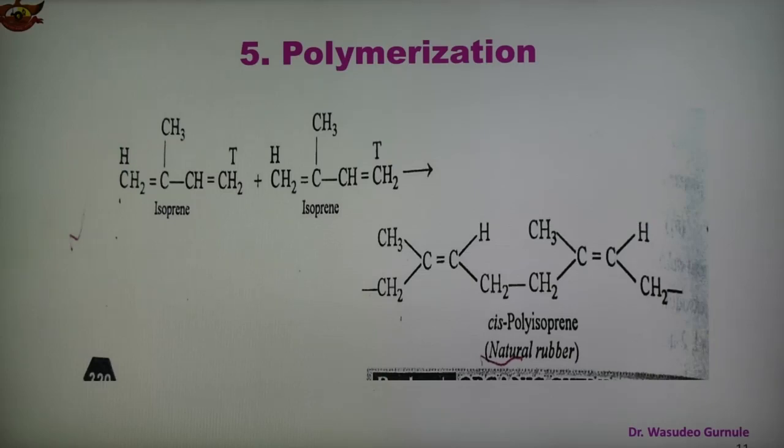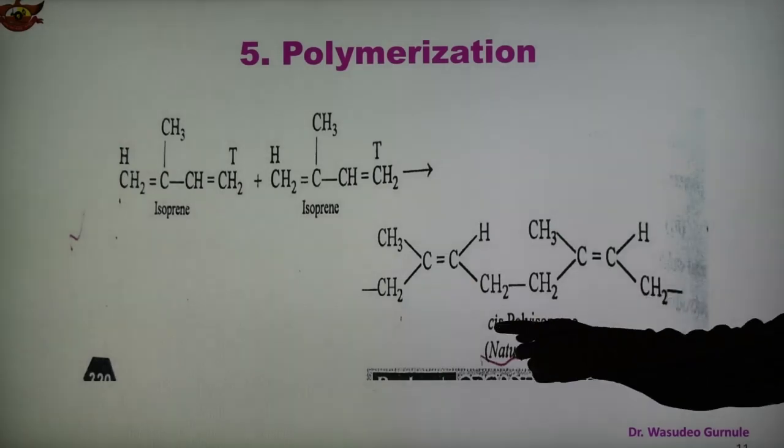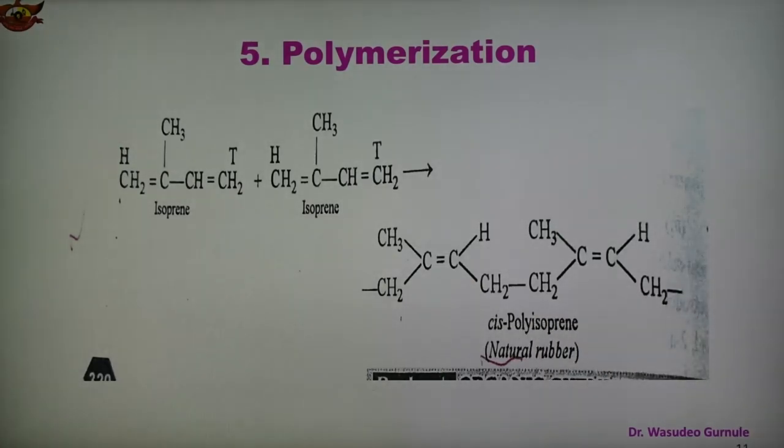This is also a polymer. So in this case all the double bonds have cis stereochemistry. The addition occurs by head and tail union of the isoprene unit as shown here in the slide. So head and tail combination is taking place and we get this type of compound. So here we get cis isoprene. So these are the different polymerization reactions which are shown by the 1,3-butadiene compounds.